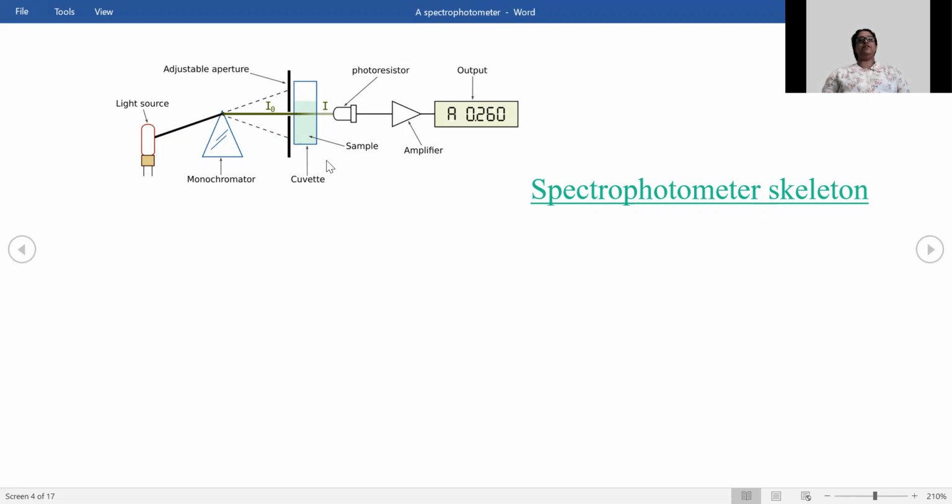This is happening because plastic itself is absorbing all the light that has been sent through in the UV range. And so nothing is actually passing through to the photodetector, the photoresistor, where the light can be detected. Since there is complete absorption and the photoresistor gets absolutely no input in the form of light, it gives a very high value.